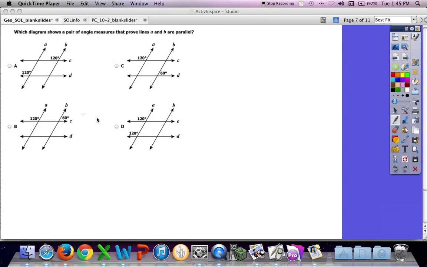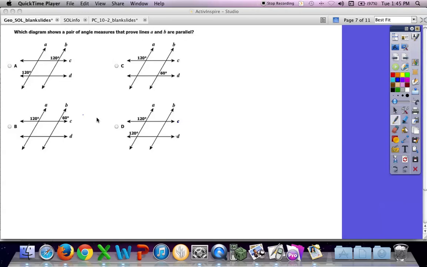Which diagram shows a pair of angle measures that prove lines A and B are parallel? So this is supposed to be getting at, we know that if we have parallel lines, then certain angle pairs are congruent and certain angle pairs are supplementary. And the converse of that is, if the angles are congruent or if the angles are supplementary, it proves the